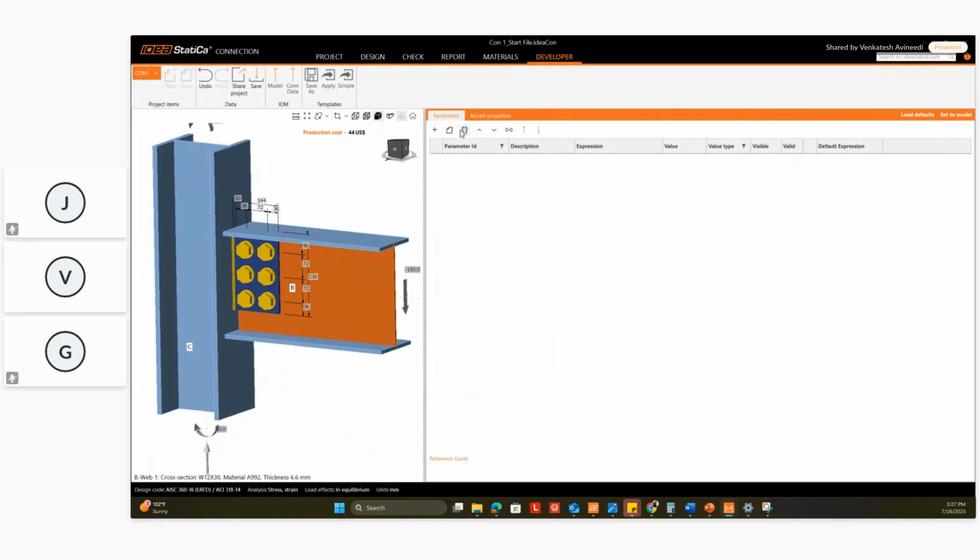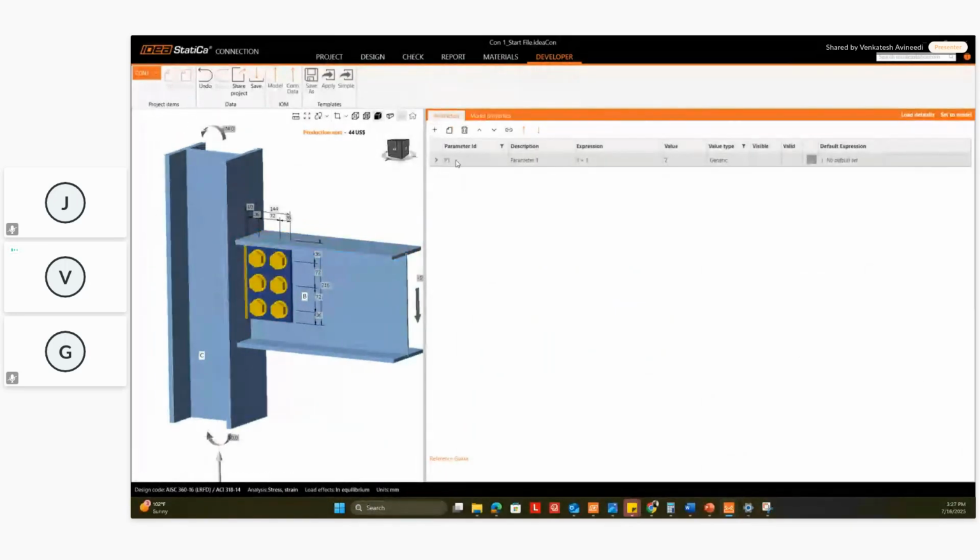To get started, in the parameter tab, you will have a plus symbol, which will add a new parameter row. The first one is the parameter ID, based on which we will be using subsequent ones. So the ID, you can name it as per your requirement, not necessarily following a flow. For this example, I will give a bit detailed description, like fin plate thickness,